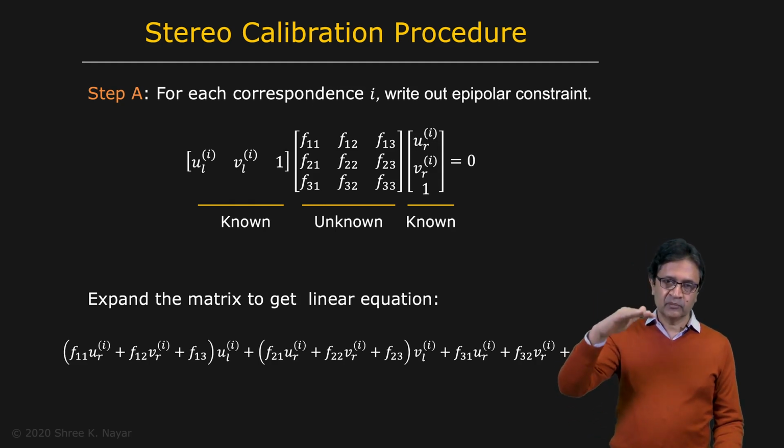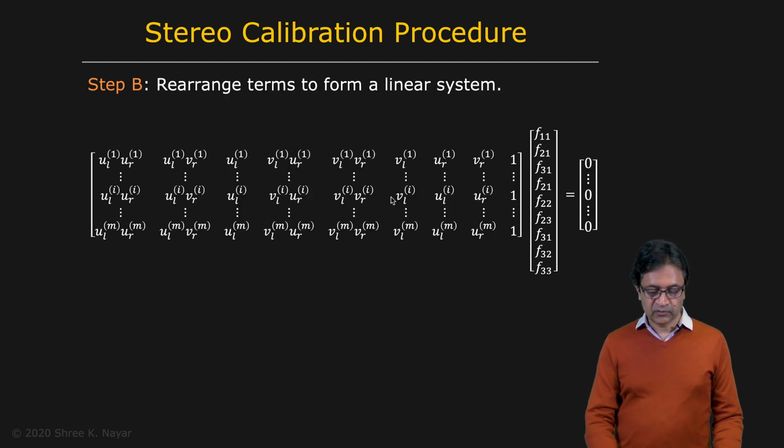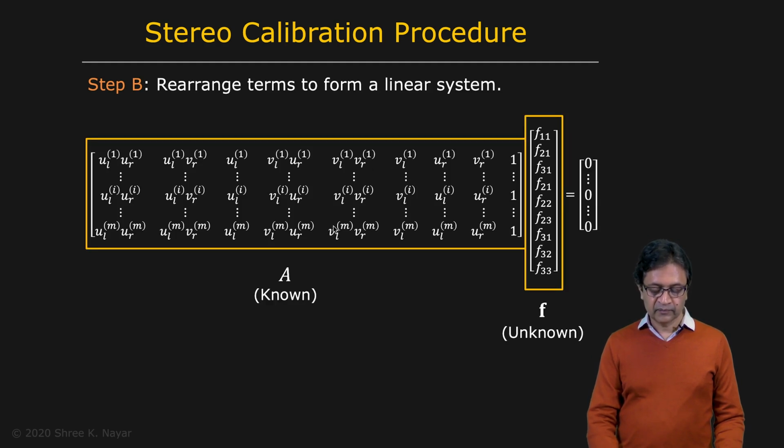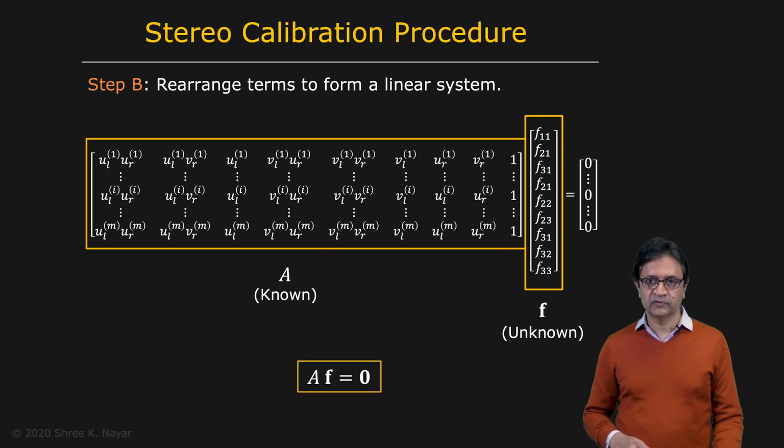And so you simply stack up all of these equations, and you can then rewrite them in this form where you have a single matrix here. This matrix we'll call A, where everything in A is known because it only includes the image coordinates in the left and right cameras. And then you have a vector F here, which is essentially your fundamental matrix written as a vector, all of its 9 elements. And then you have 0 on the right-hand side. So you have AF equal to 0. Familiar form, we've seen this before. A is known.